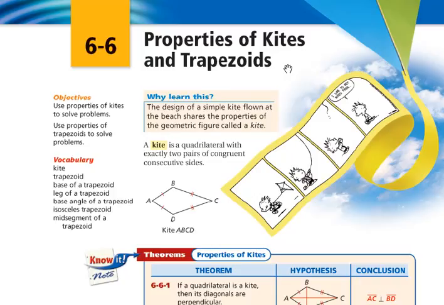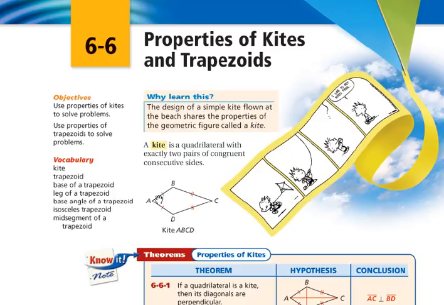And just to go through some definitions here, so that we're all clear and talking the same language. When we talk about a kite in geometry, a kite is a quadrilateral with exactly two pairs of congruent consecutive sides. So what we're looking at here is not opposite sides so much, but consecutive sides,